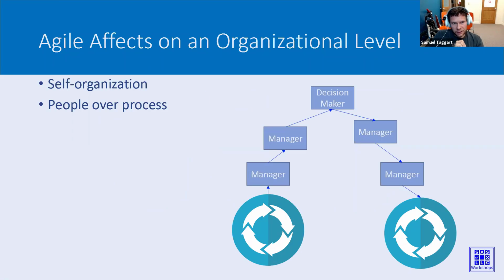So one of the big things, though, when we do this agile transformation is that on an organizational level, it kind of wreaks havoc. And part of it is Agile has these two principles, and you can go read the Agile Manifesto, but it has this principle of self-organization, that the team should be able to organize and make their own decisions. And it has this idea of people over process. And that's very intentional because what it's about is when we're doing our iteration,